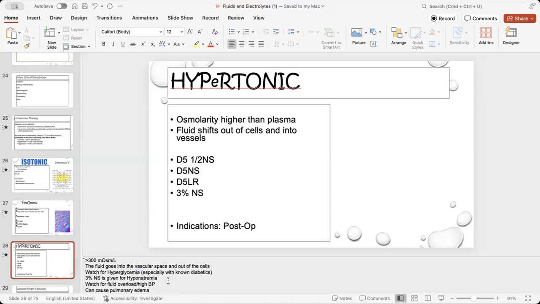So these top ones might be given post-operatively, right? Does that make sense that I would give my client fluids to maintain fluids, because we've got half normal saline, normal saline, LR, but also dextrose, right? If my patient isn't eating, don't you think they need a little bit of dextrose also? We need a little energy that way, right? So patients might also be on dextrose. You would not give your 3% post-operatively, right? That's your patient who has hyponatremia.